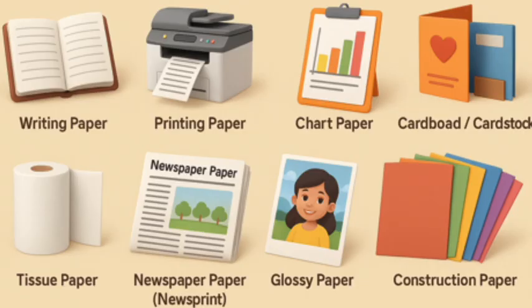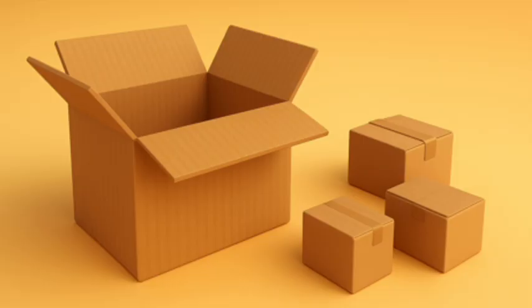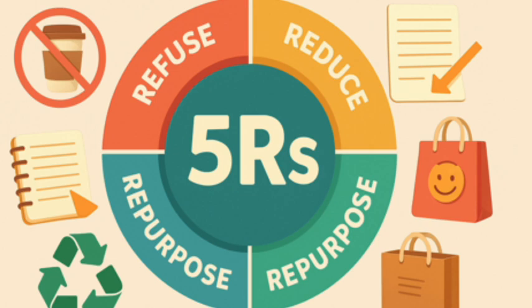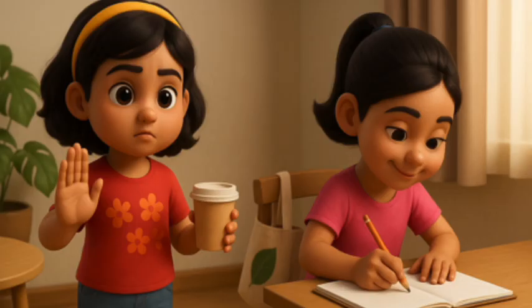We use different types of paper for different purposes. For example, tissue paper is used for cleaning as it is very thin, soft and absorbs water. Cardboard is thick and hard, and so it is used to make boxes for packing various objects. Making responsible choices in our daily life, we can follow a 5-step plan to reduce waste. They are called the 5 Rs of waste management. The 5 Rs are: